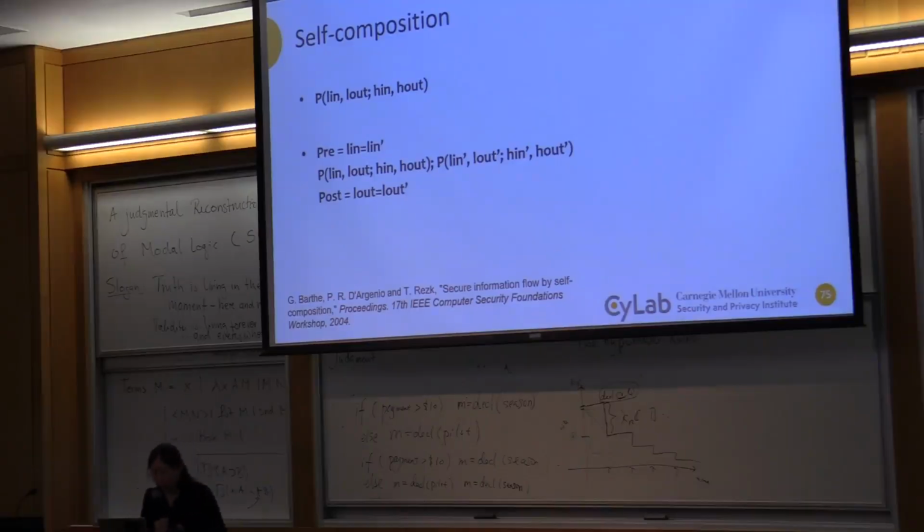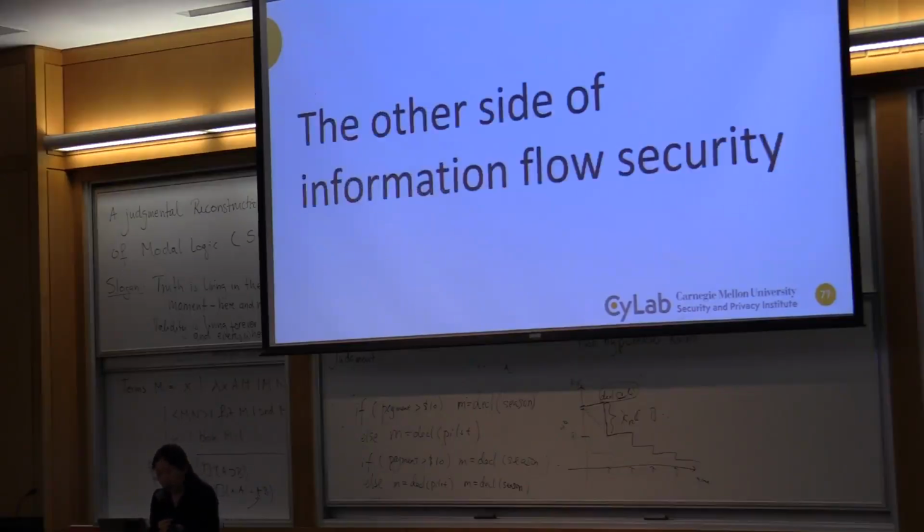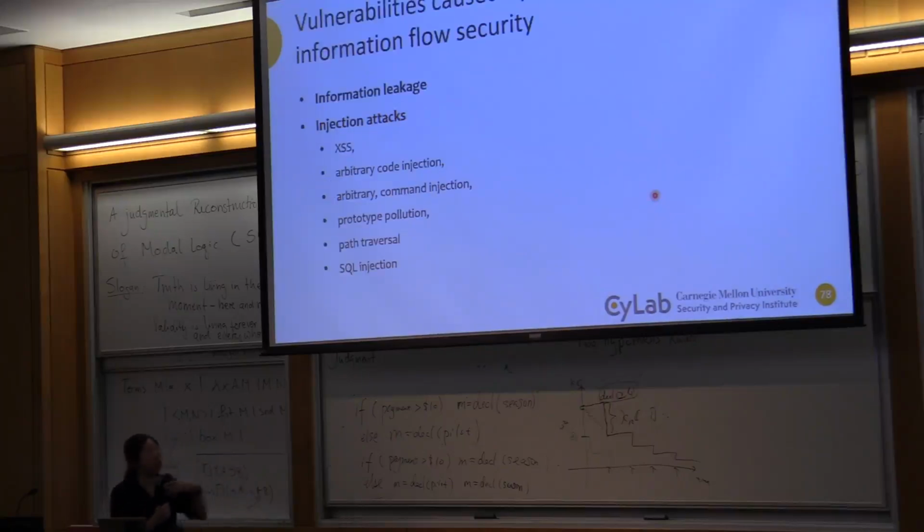Okay, so I ran out of time, but I do want to say one more thing that I've been doing some work in. I want to talk about the other side of information flow security. I've been talking about how these are bad programs, we want to make them secure, here's how we do this. So the other side of this, when you have the negation of a property, what you have is vulnerability. So it turns out that what I've done here, I can also use for vulnerability detection.